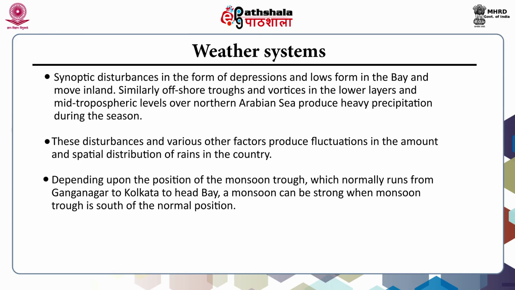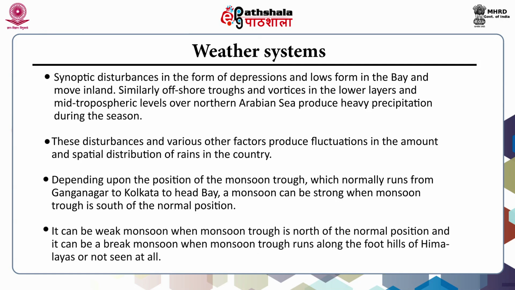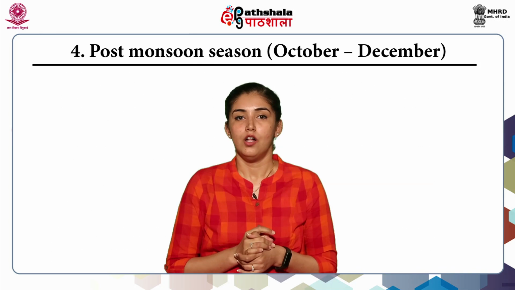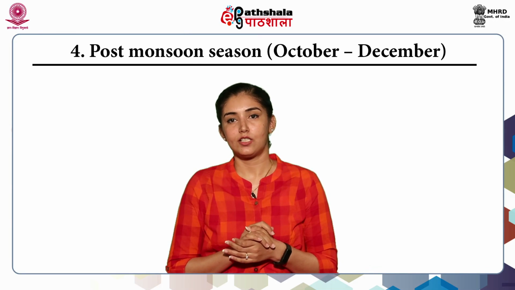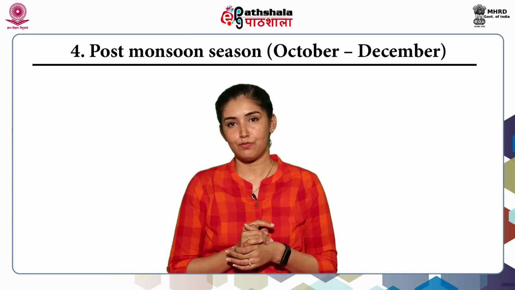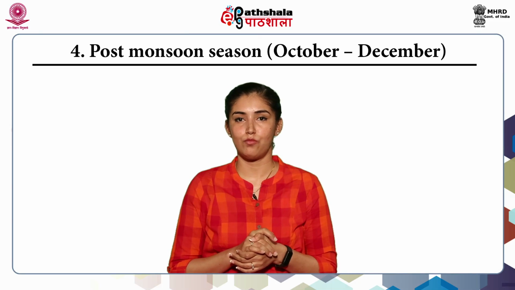a monsoon can be strong when the monsoon trough is south of the normal position. It can be a weak monsoon when the monsoon trough is north of the normal position. Similarly, it can be a break monsoon when the monsoon trough runs along the foothills of the Himalayas or is not seen at all. The fourth and the last meteorological season of India is the post-monsoon, which generally ranges from October to